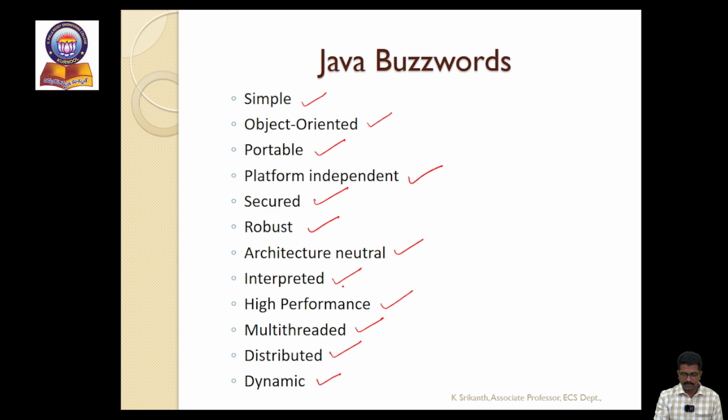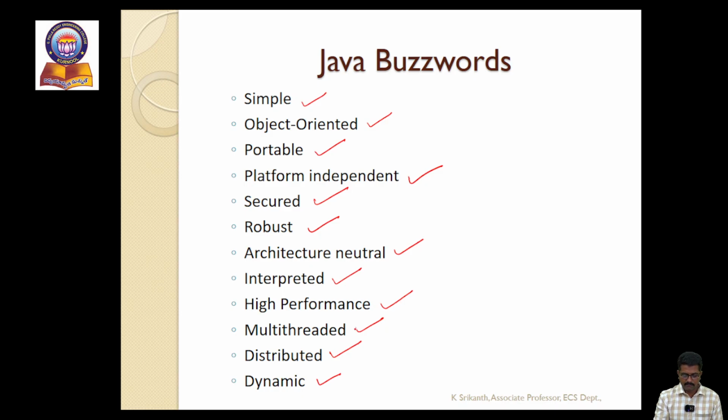Java is an interpreted language, where line by line execution is done. Generally interpreted languages are slow compared to compiled languages, but the bytecode is very near to native code, so the performance is not so much slower. It competes with compiled languages like C or C++ with the introduction of the JIT compiler, just-in-time compiler. When it comes to high performance, because of automatic garbage collection and no pointers, high performance applications can be developed easily.